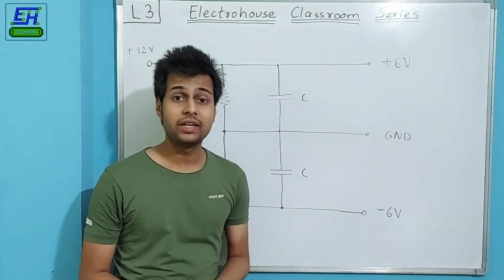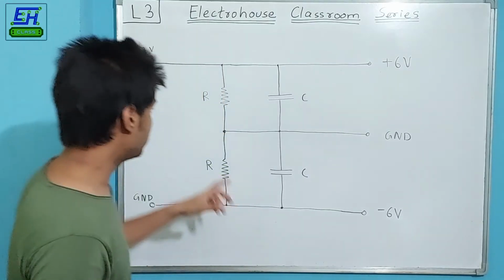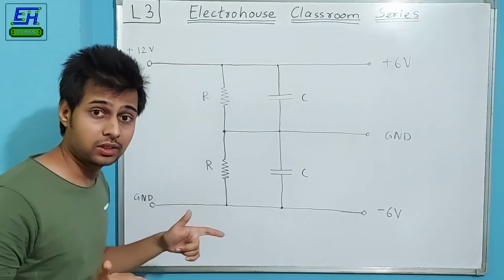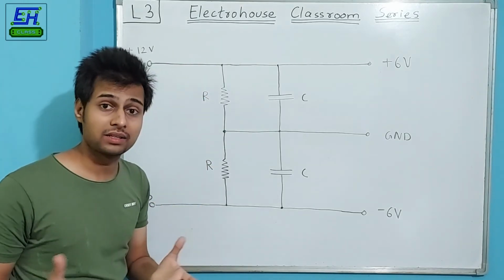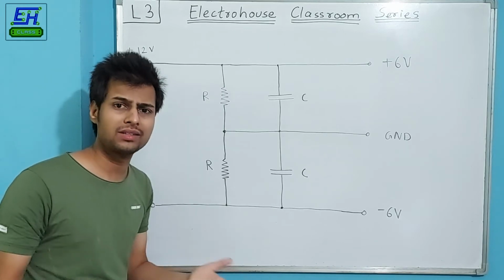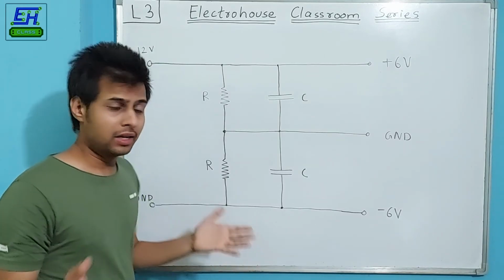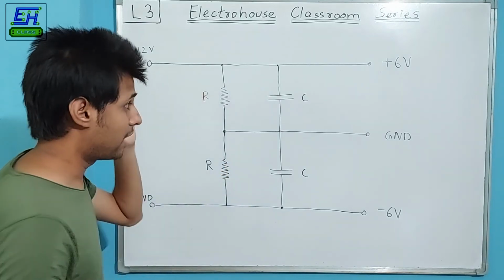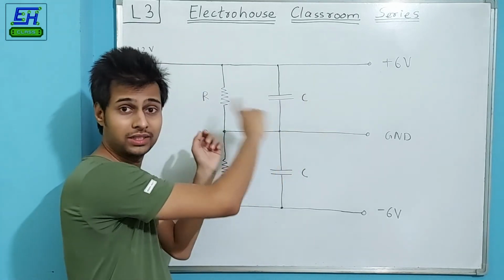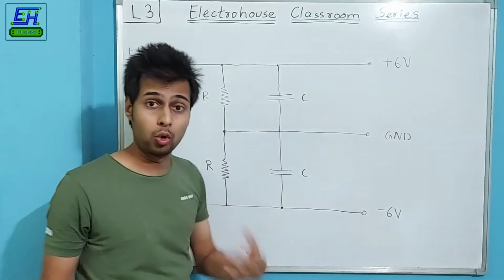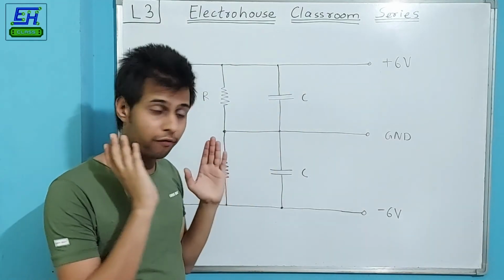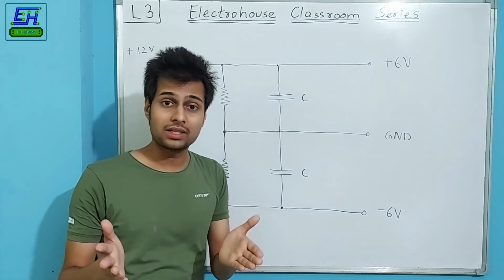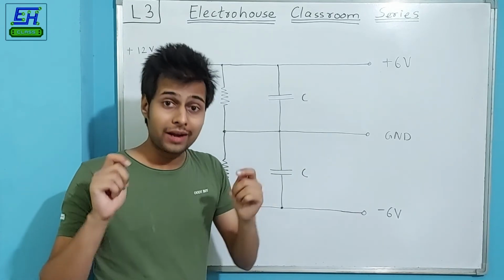So in commercially regulated dual power supplies, what they actually do is that these resistances are not fixed. They actually use active elements like operational amplifiers or even transistors and things like that. They actually increase or decrease this resistance and automatically set this resistance according to our load. So it takes care of all these variations, and hence it provides us with a very stable and regulated